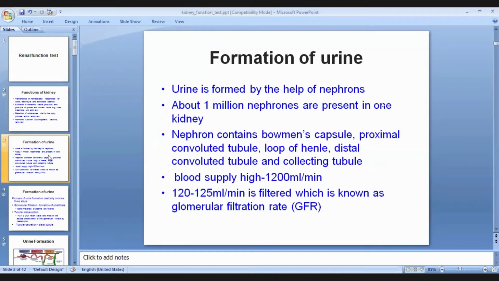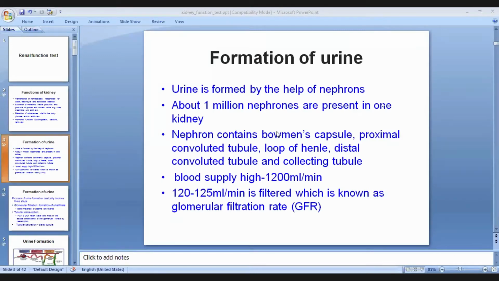Before coming to the renal function test, some important background knowledge, like the formation of urine. As you know, in the kidney there are millions of nephrons. Kidney is formed by millions of nephrons, and each nephron contains Bowman capsule, proximal tubule, loop of Henle, distal convoluted tubule, and collecting tubule. The blood supply to the kidney is very high, 1200 ml per minute,